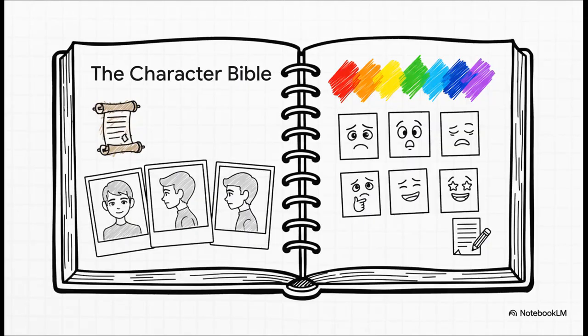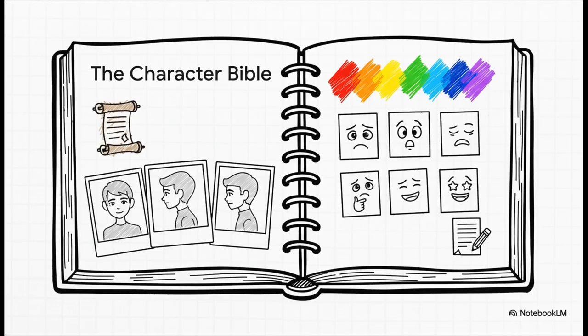Now, if you're working on anything long-term, like a whole series, a character Bible is an absolute must. It's non-negotiable. This is your project's single source of truth. It's where you keep the final master prompt, a bunch of reference images from different angles, the official color palette, maybe even a library of expressions. This is the document that keeps your whole team and the AI singing from the same hymn sheet for months,